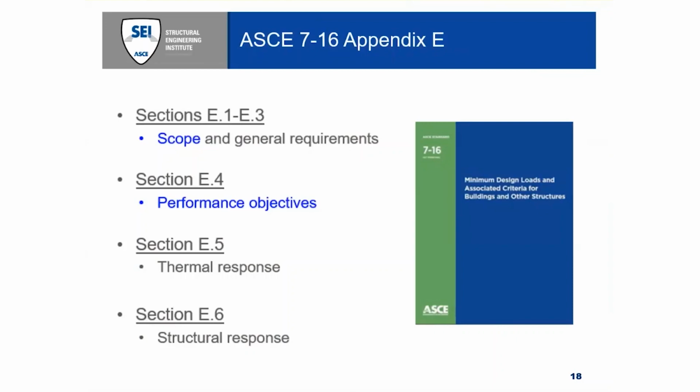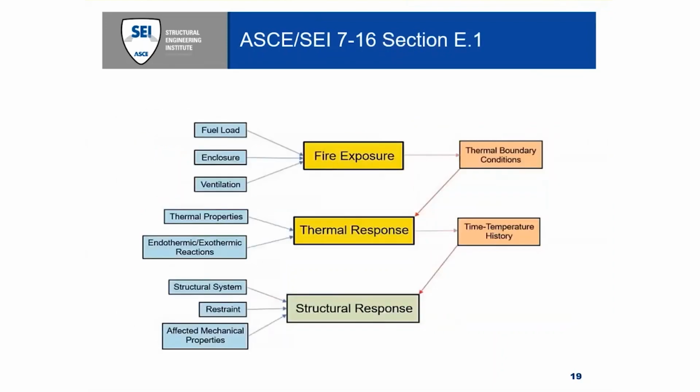But from my perspective, the most important sections pertain to the required analysis scope and the performance expectations of the structure. In terms of the scope, Appendix E defines a specific design methodology. This includes evaluation of fuel loads, as I mentioned, in fire scenarios, which then produce thermal boundary conditions on the structure. From this step, a structural engineer becomes integral to determine the adequacy of, or perhaps explicitly simulate, the response of the structural system.